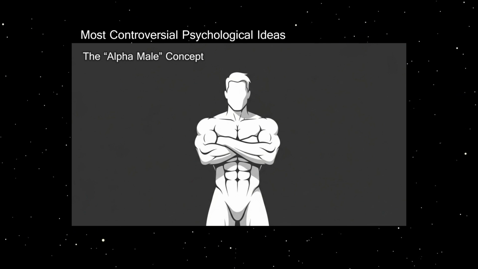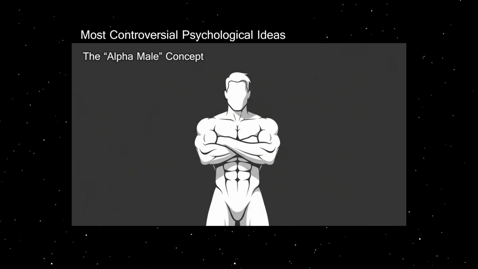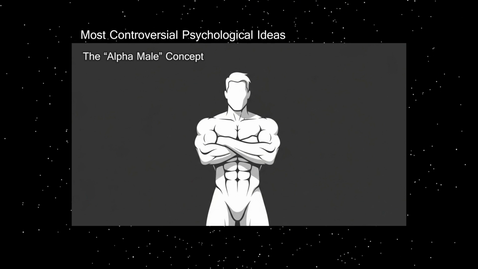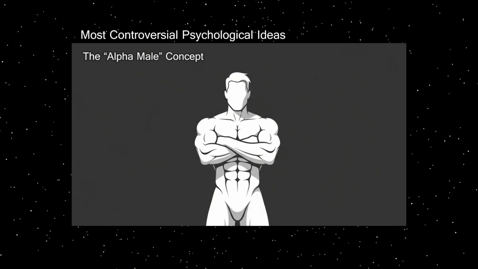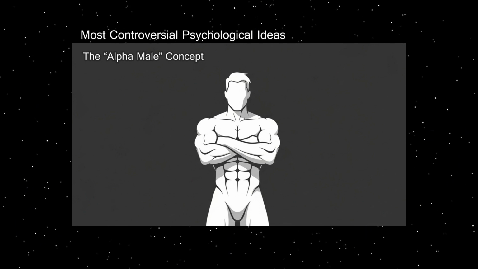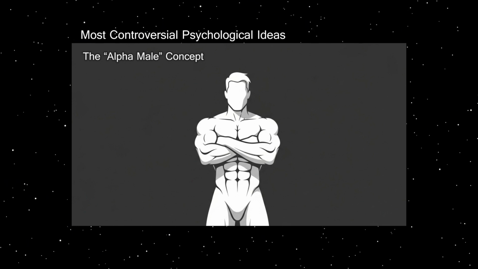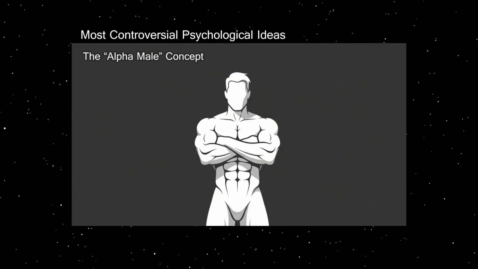Moreover, recent research in evolutionary psychology and anthropology has shown that cooperation, rather than dominance, was likely key to human survival. Early human groups thrived by working together, sharing resources, and nurturing relationships. These dynamics suggest that human social hierarchies are not hardwired around dominance but are flexible and shaped by cultural evolution